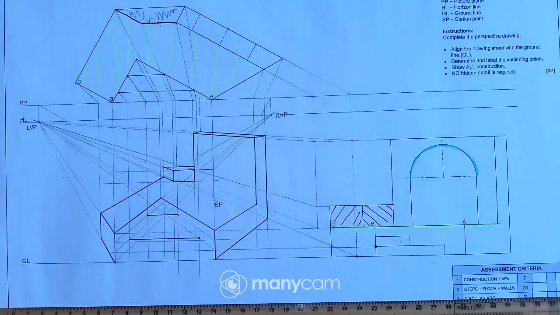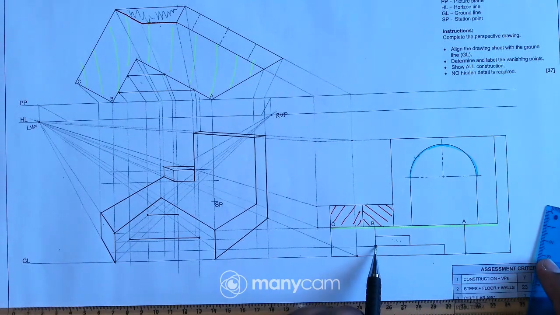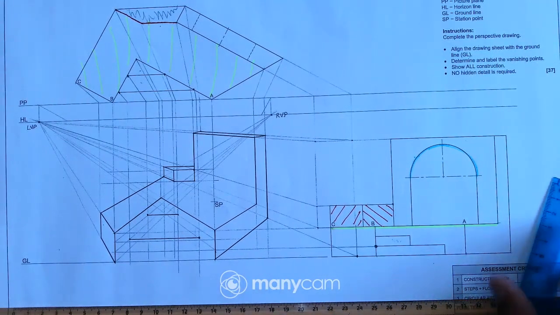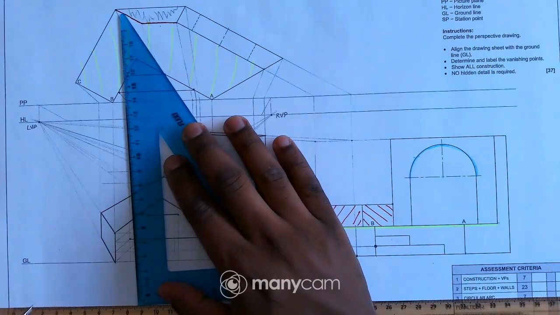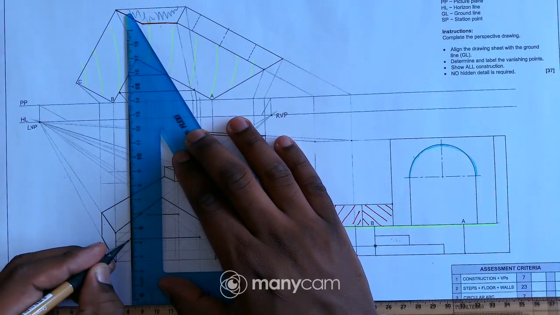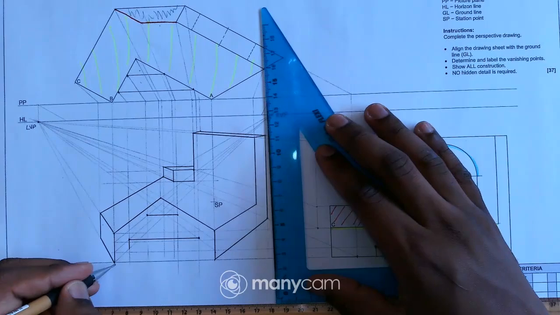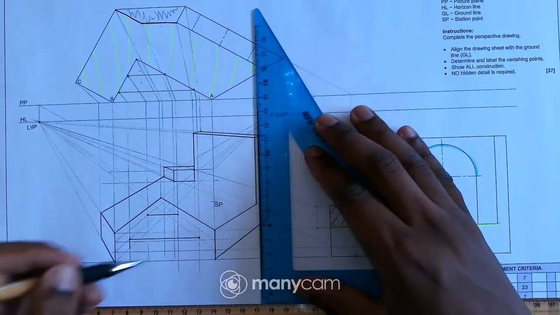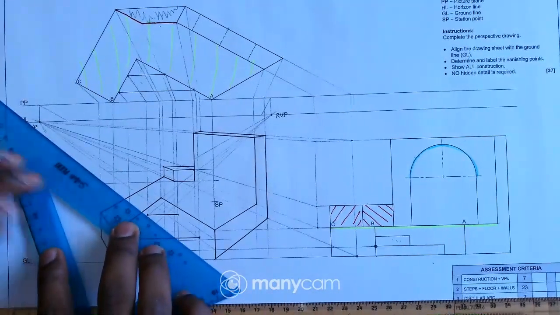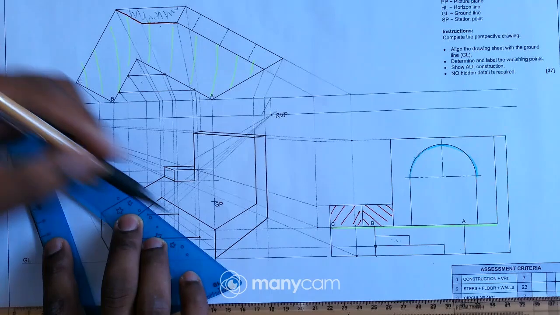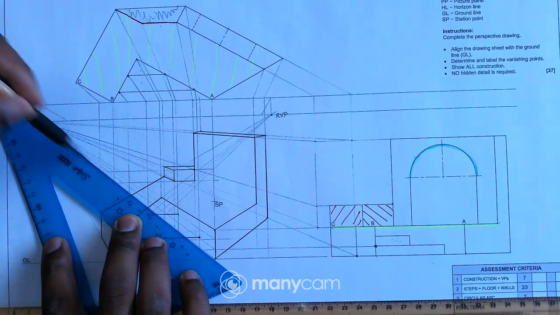Okay, so remember this step starts from the ground line or level. So from there, that means I can just project this point down to this line there, and even this side, let me just project this point first.